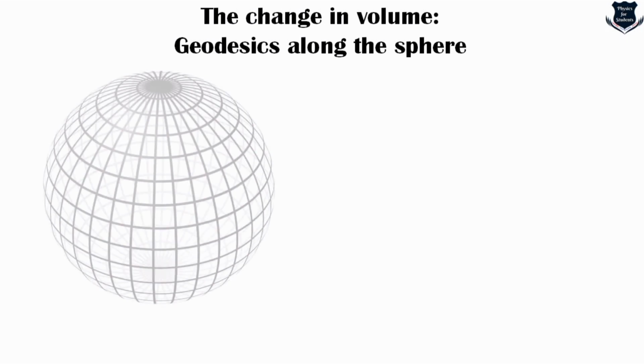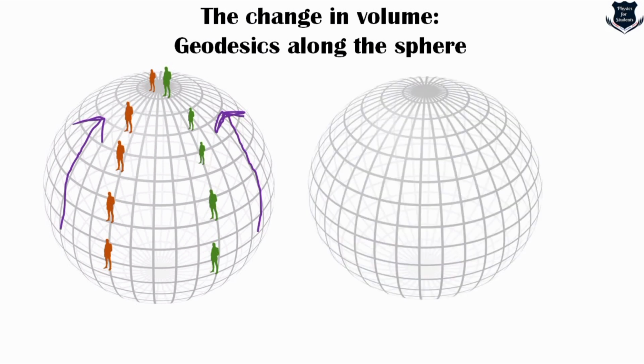So the change in volume along the geodesic on the sphere. For example, this is a sphere, and these are the people, okay, the purple and the green ones. As you see, they move along the geodesic. So it can be assumed hypothetically that they meet at a certain point. Right, you see here, they are meeting at the poles. Now, if you get a kind of sphere like this, and we get a kind of arrow like this, I mean, see, if you're moving along the geodesics,